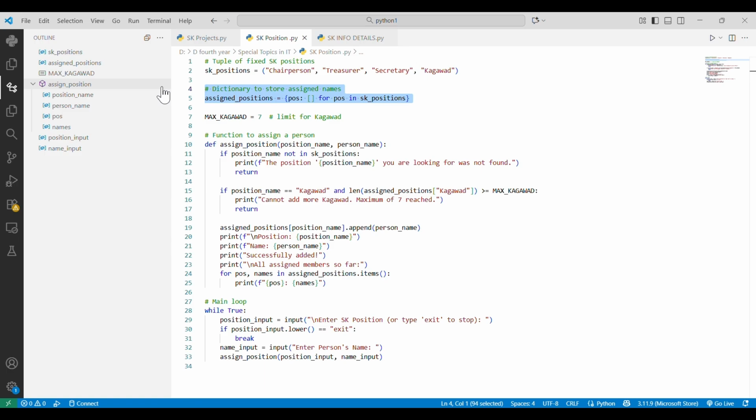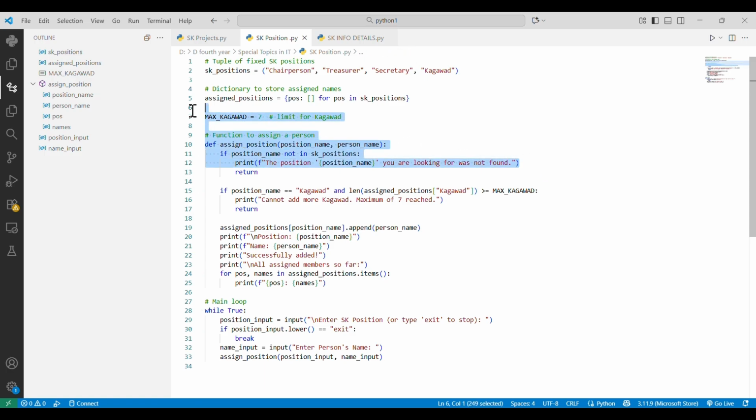Without the position, when the user enters one, it will print that the position you are looking for was not found. So next we have the limit for Kagawad. This sets a maximum limit for Kagawad members; the program will prevent adding more than 7 Kagawad.